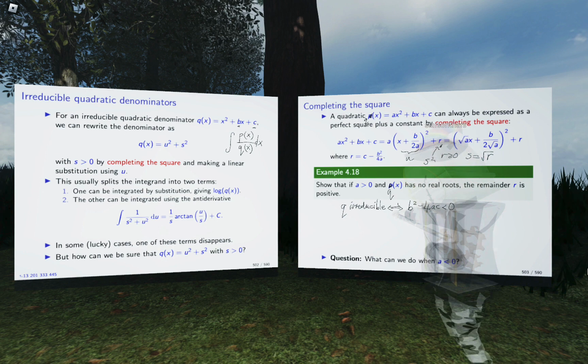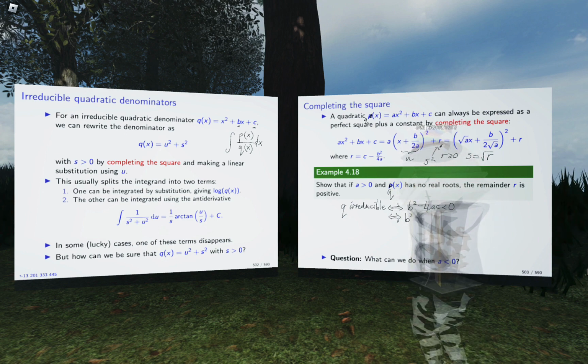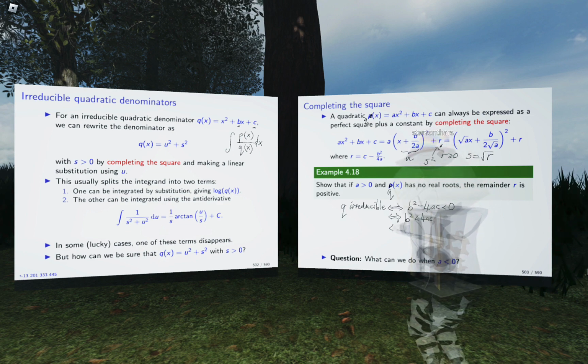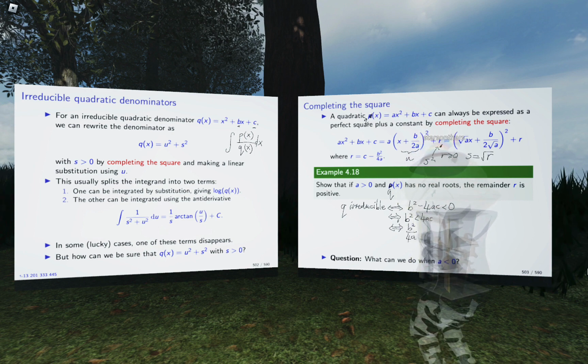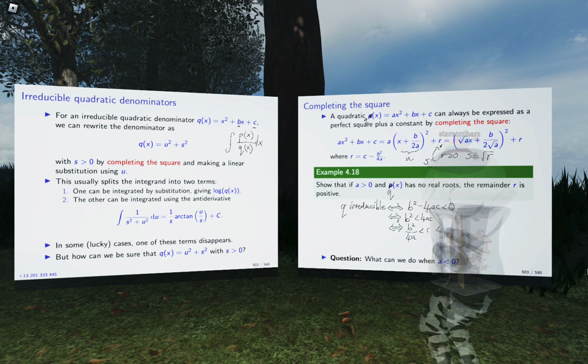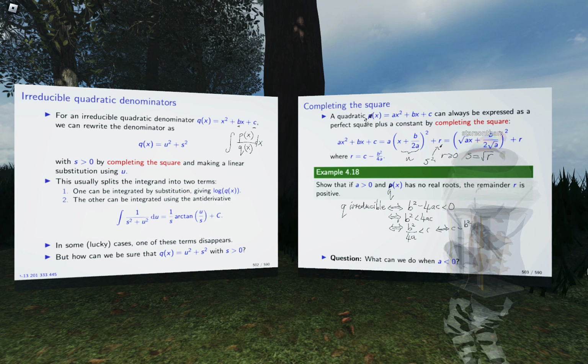Well, that's the same as b squared less than 4ac. A is positive, so that's the same as b squared on 4a is less than c. And that's the same as c minus b squared on 4a